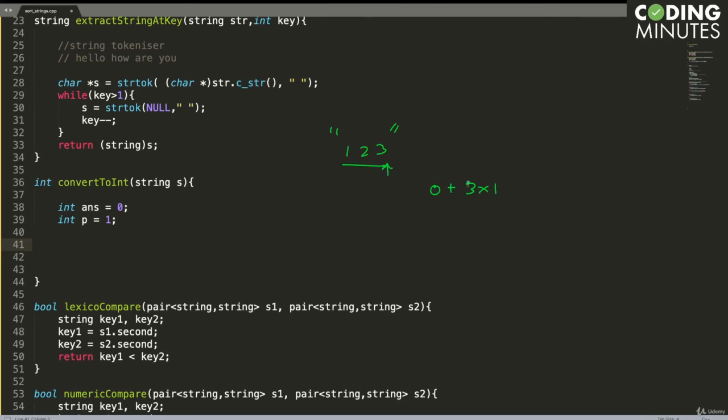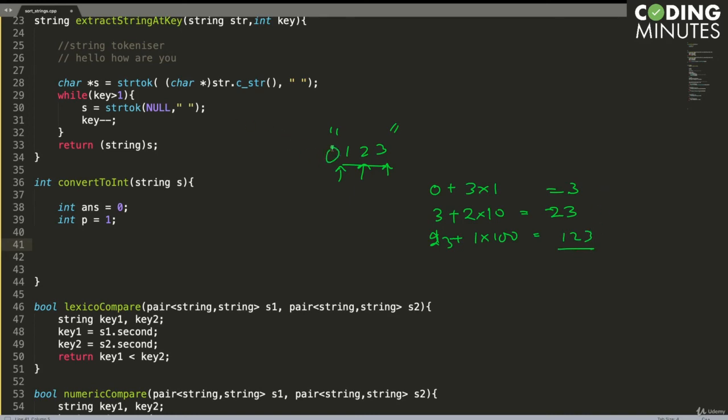So the answer is 0, so it becomes 3. Next time I take 2, multiply it with power, which is 10, so it adds 20. 20 plus 3 becomes 23. Next time I get 1, multiply it with 100 and add 100 to my previous answer, so it becomes 123. So this is how I will get the integer.